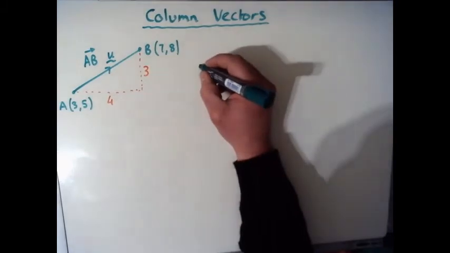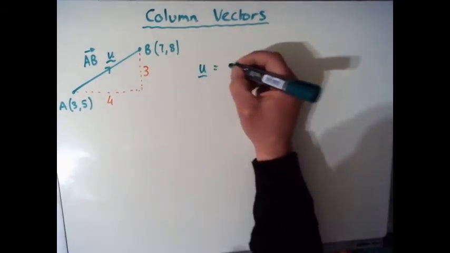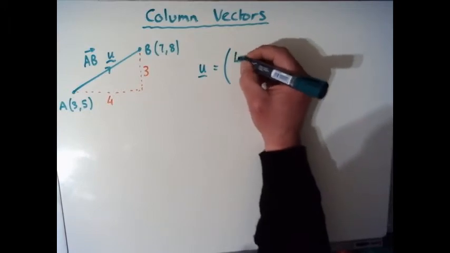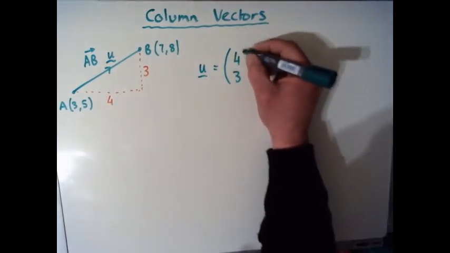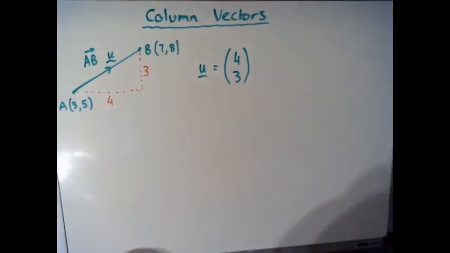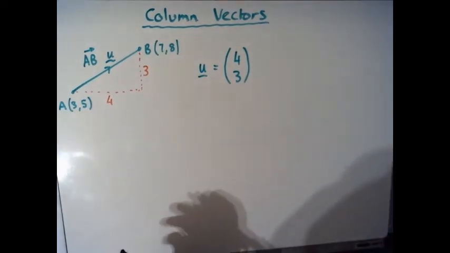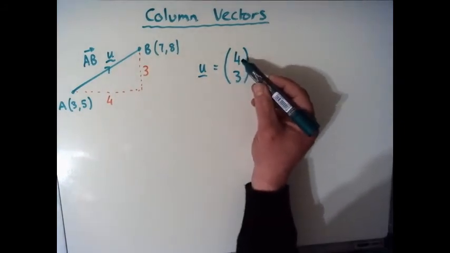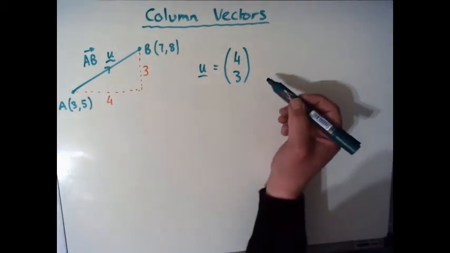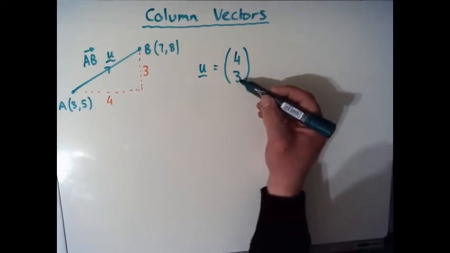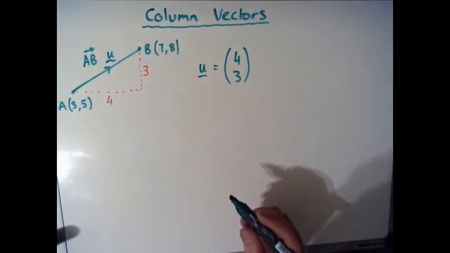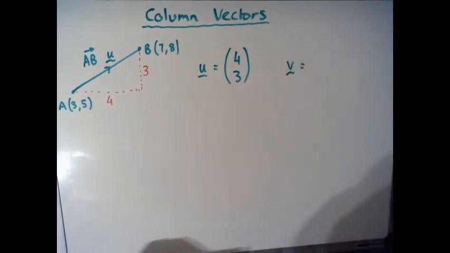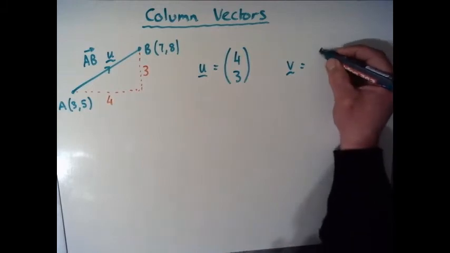So we can write that vector in what we call column form. And this is the move in my x direction, which was 4, and this is the move in my y direction. Okay, so vector U, it has the components 4, 3. That means move 4 in the positive direction on the x-axis and move 3 in the positive direction on the y-axis. So we could look at another vector, let's call it vector V, and if we said it had the